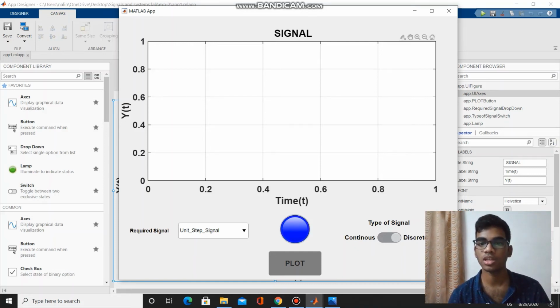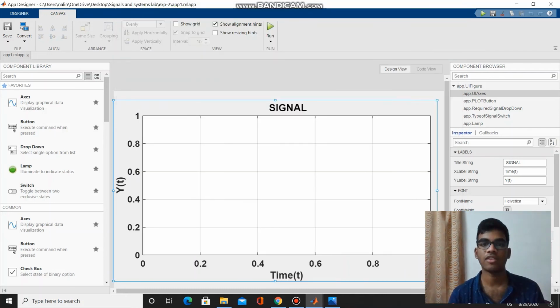The lamp used here is to change its color when it is toggled between the states continuous and discrete. If the switch is towards continuous, then the lamp glows green, and if the switch is towards discrete, the lamp glows blue.